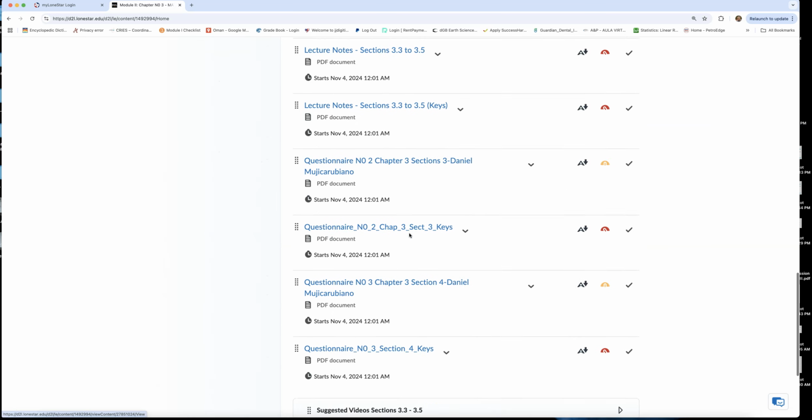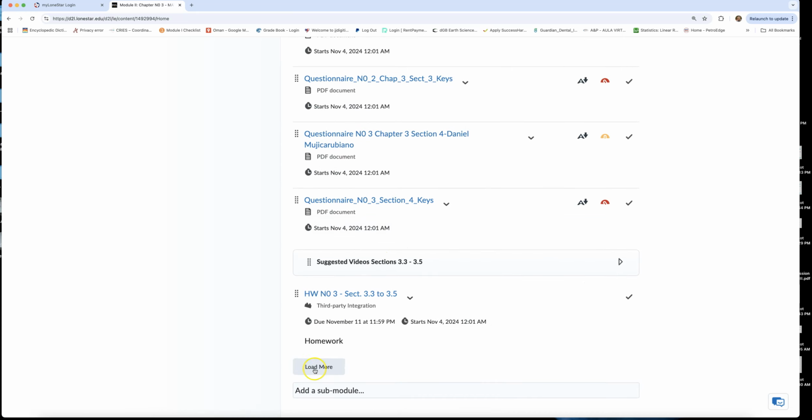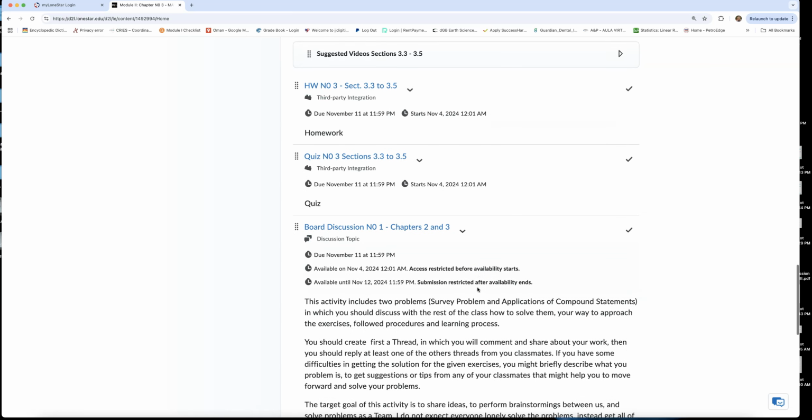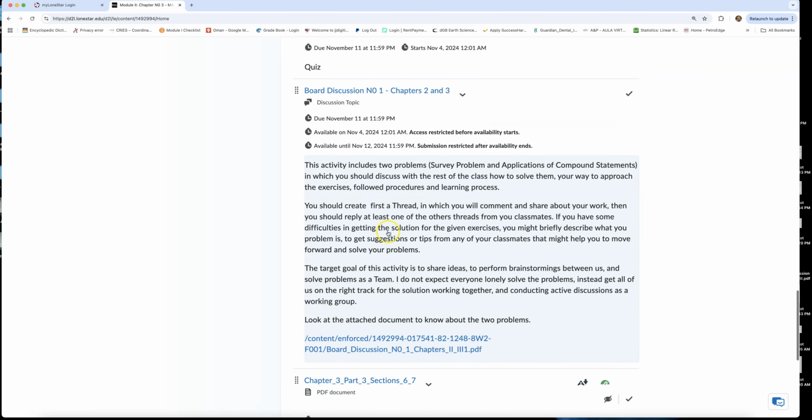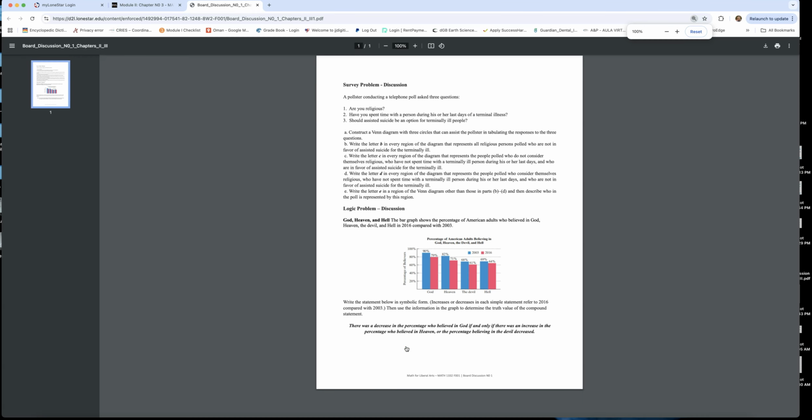And let me just move a little bit to module number 2. In module number 2, what I want to reinforce is that at the end of module number 2, you will find there the board discussions, okay? So here is a description of what the board discussion is all about, and then you need to open this file that is given there,